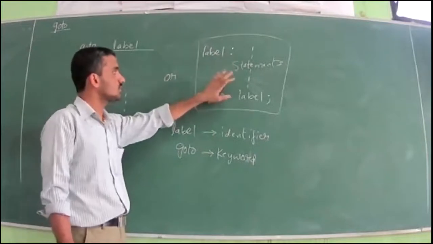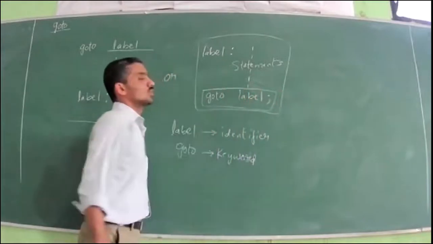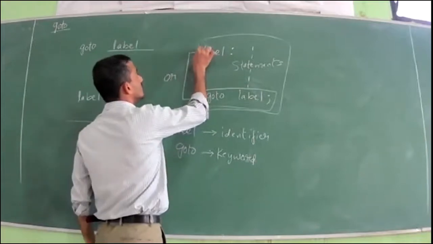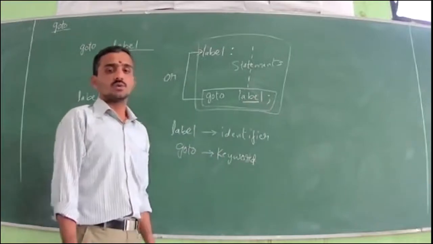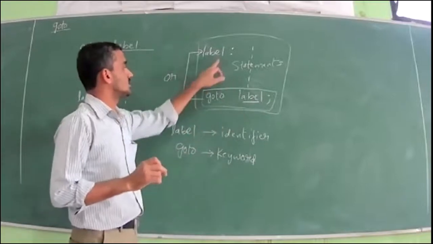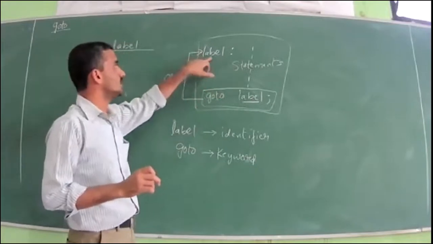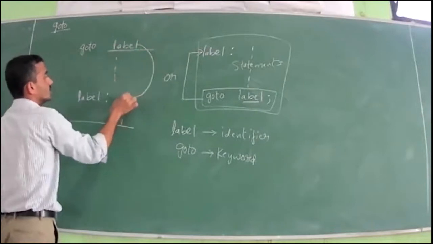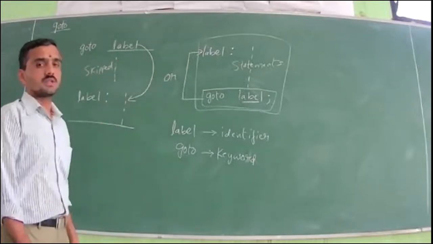So what happens is, when program control comes to this particular line, the program control will be transferred to this line again, because I am telling goto label, and this will act like the place. When I tell go to college or go to work, there we are mentioning the place, right? So this will act like the place. Program control is transferred back. In this syntax, we can say program control is transferred back to the label, and in this syntax, program control is transferred forward. So these statements are skipped.